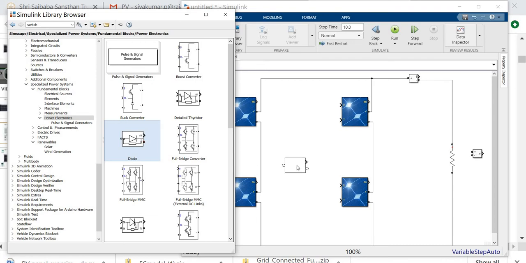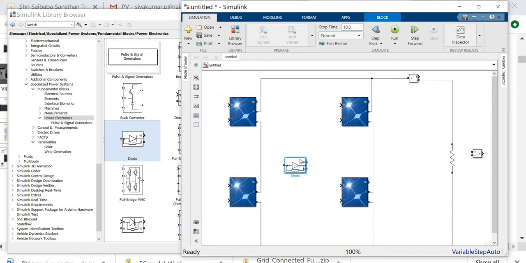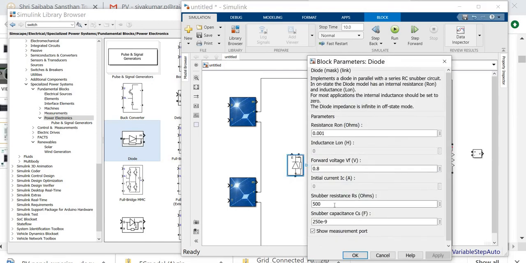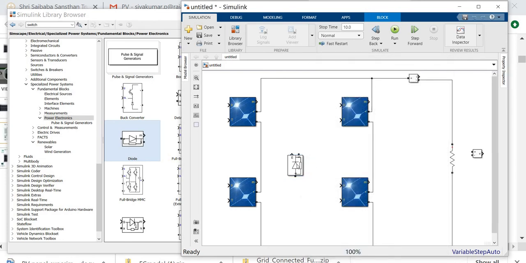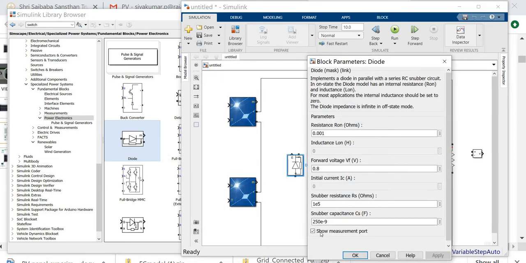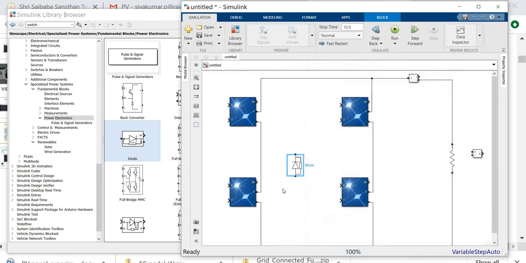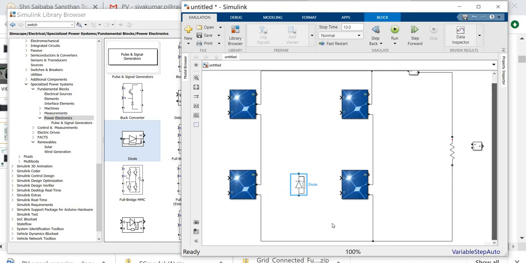Drag and drop and then rotate using the Control R button, then double click. Again in this double click I am going to change it to 1e5. This is 1e5, and then again the snubber resistance. The measurement can be removed. So this is the process which I am going to connect here, right?